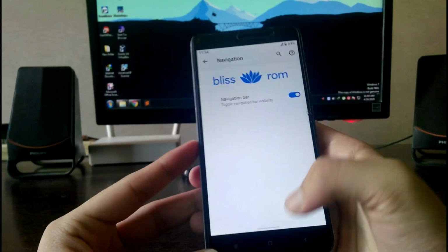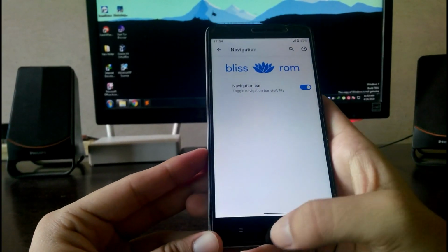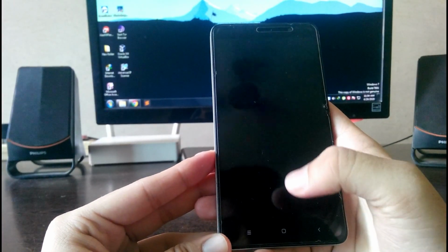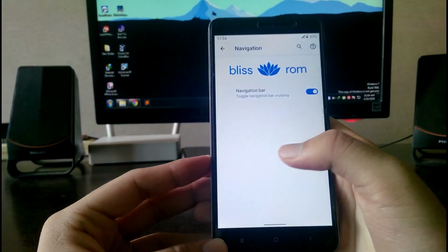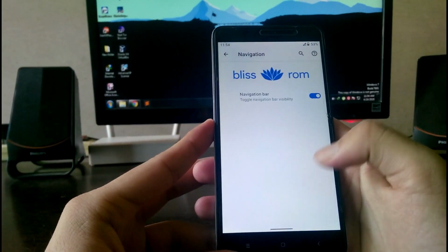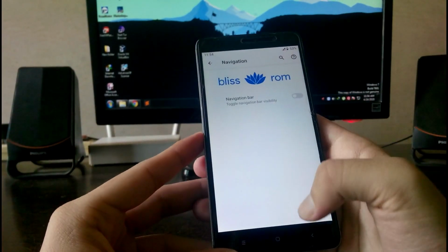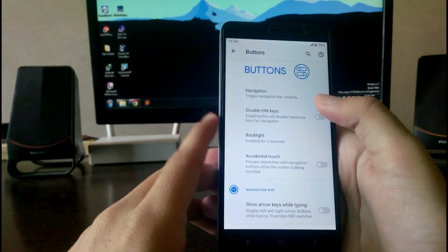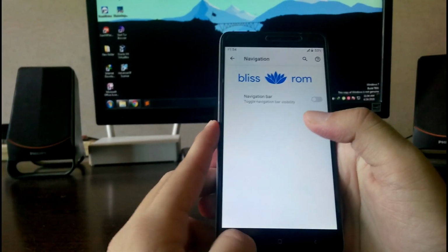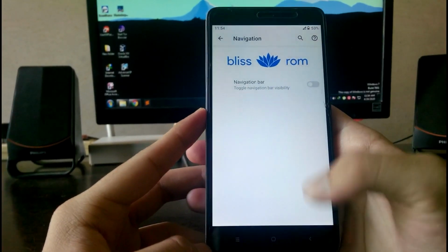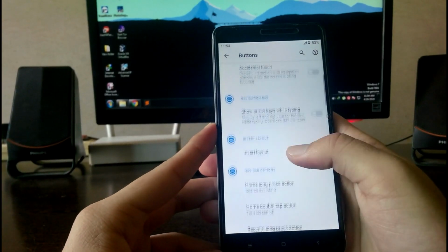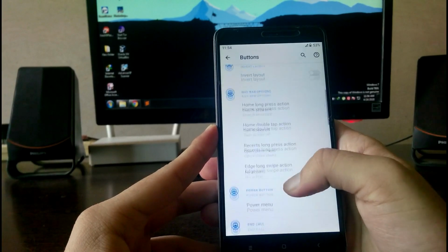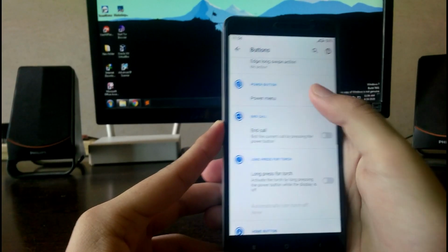Use the navigation bar. As you can see here, the pill is available and the back gestures will also work. Buttons will also work. Everything will work, the gestures as well as the buttons. But I would like to keep it off as I don't like that pill. As soon as you turn on this, the vibration of the hardware buttons will turn off and you will need to restart the phone. Then you have these nav bar options, the power menu options,